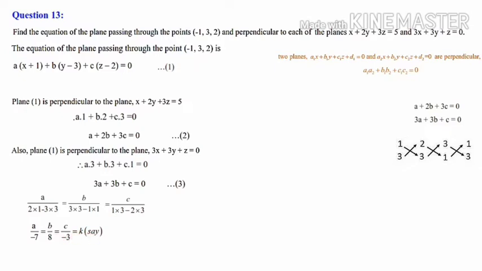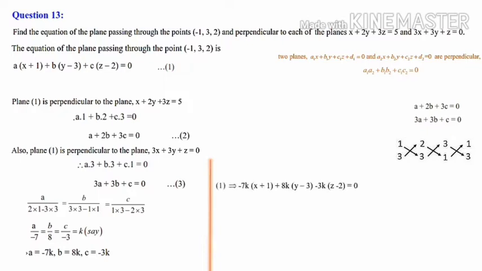Now here I use cross multiplication method. If you want to use another method, like you can substitute, or you can go for elimination method, or you can go for substituting a variable into a constant K and then you can go for calculation. Any method is convenient, you can go for that method, it's not a problem. Then here A is equal to minus 7k, B is equal to 8k, C is equal to minus 3k. Just equate and cross multiply it.